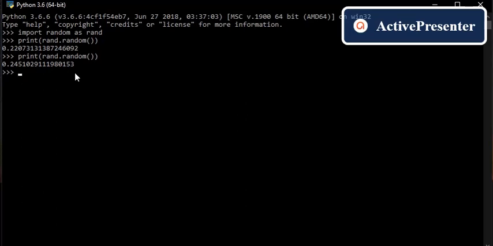But if I have to specify the range, and get a random number in between that range, how is it possible? We have a function called randint.